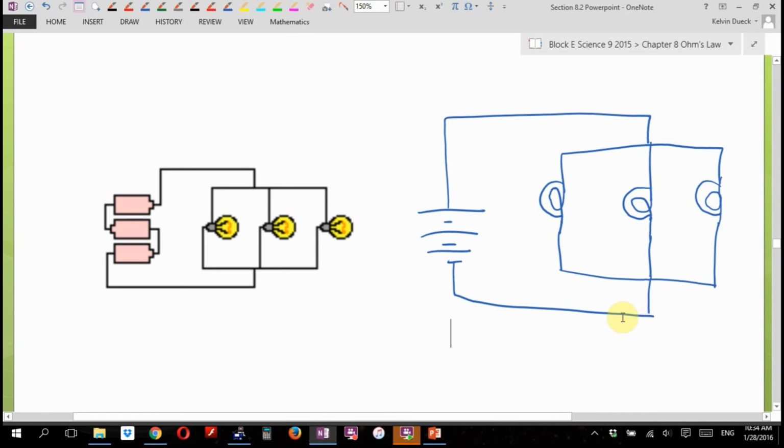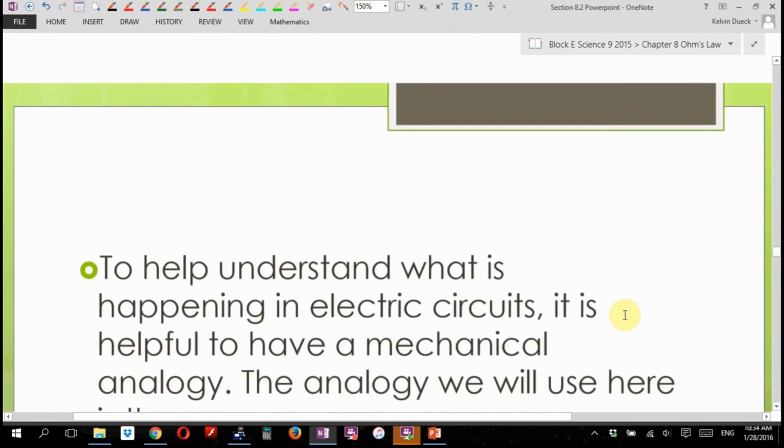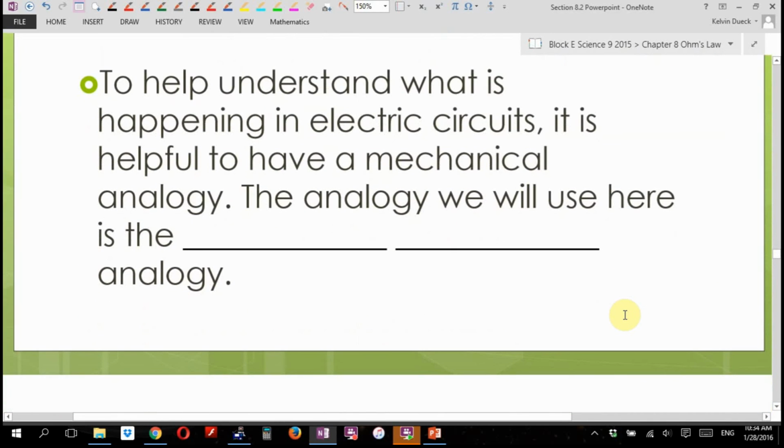Here's the key to understand. Are we all right? Here's the key, Brian, to understanding how circuits work. I'm going to give you an analogy, a way to imagine how circuits behave. This isn't right in real life, but it's right mathematically, so it will allow us to analyze circuits. To help understand what's happening in an electrical circuit, it's helpful to have some kind of an analogy. The one I'm going to give you is the